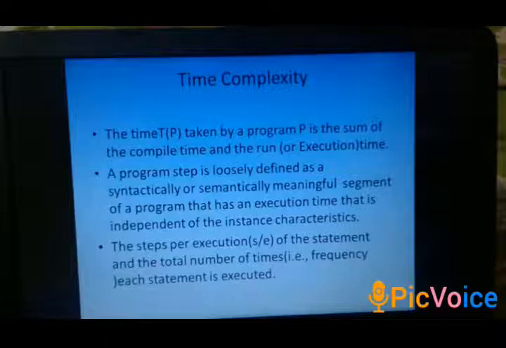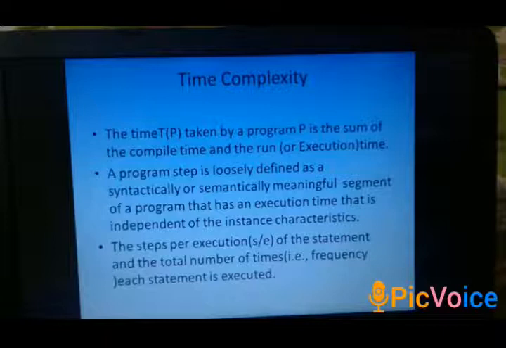The S/E, that is steps per execution of a statement, is the amount by which the count changes as a result of the execution of the statement. By combining these two quantities, the total contribution of each statement is obtained. By adding the contributions of all statements, the step count for the entire algorithm is obtained.